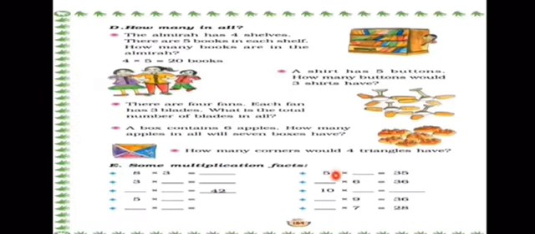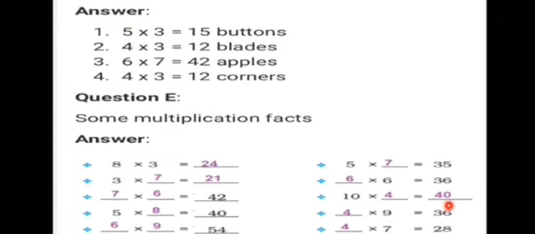Now 5 multiplied by dash is 35. So 5 what's are 35? Now you should know your tables thoroughly. So 5 7s are 35. Now dash multiplied by 6 is 36. So what multiplied by 6 is 36? 6 6s are 36. Now 10 multiplied by dash is equal to dash. Now here we have to start the number with 10, but we can take any number to multiply. So here we have taken 10 multiplied by 4 is equal to 40. So 40 is the answer.